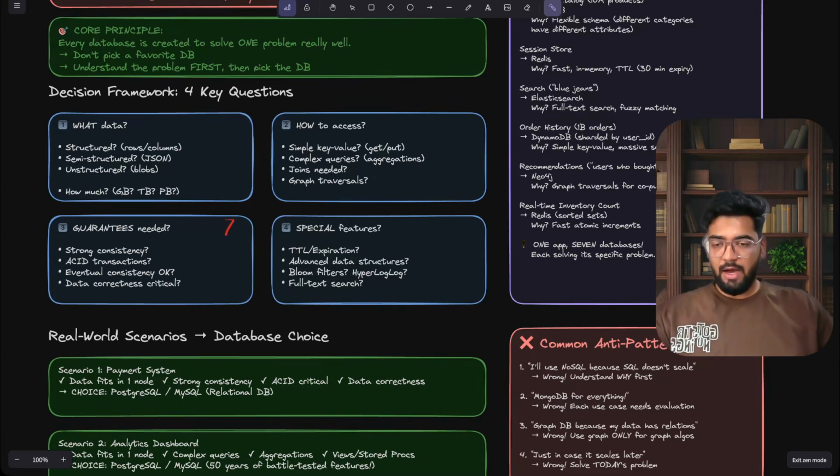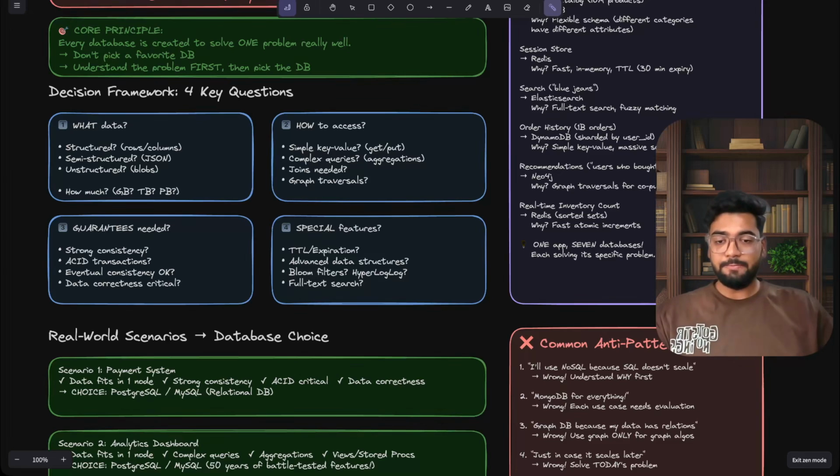Third is, what are the guarantees that you need? Do you need strong consistency? You cannot compromise on that. Do you need ACID transactions out of the box? For that case, SQL databases are the best. Are you okay with eventual consistency,